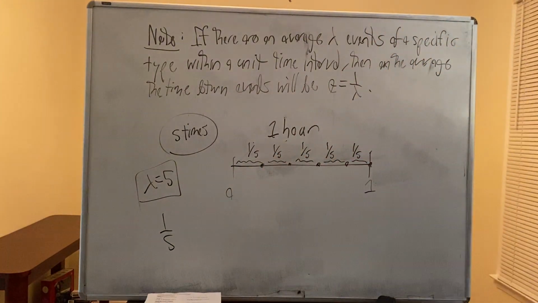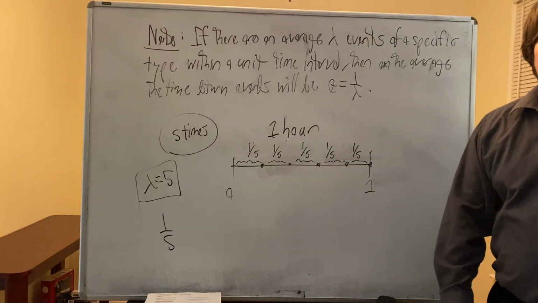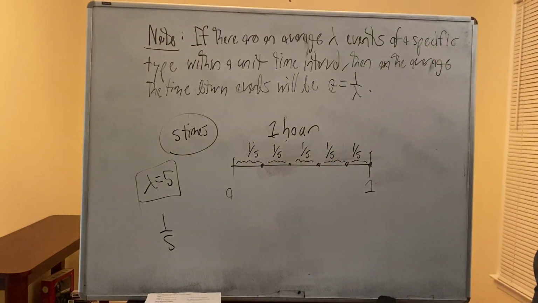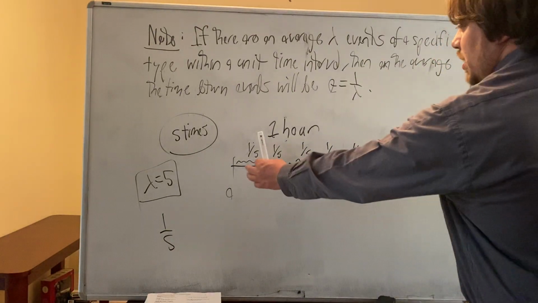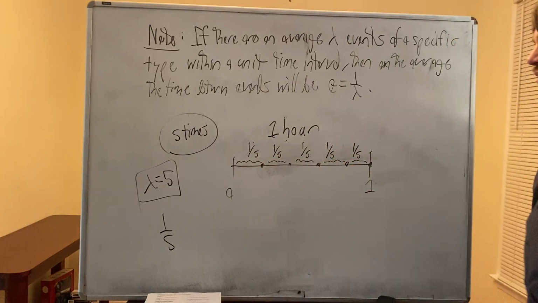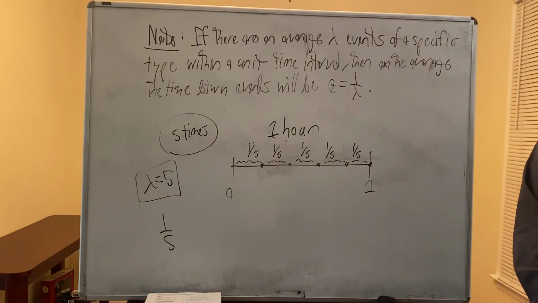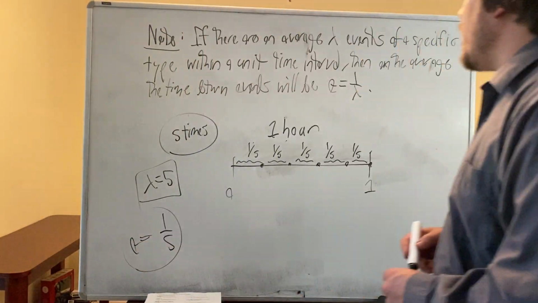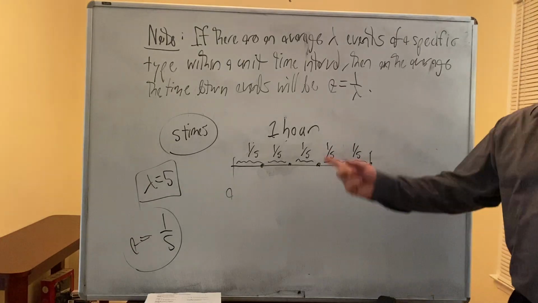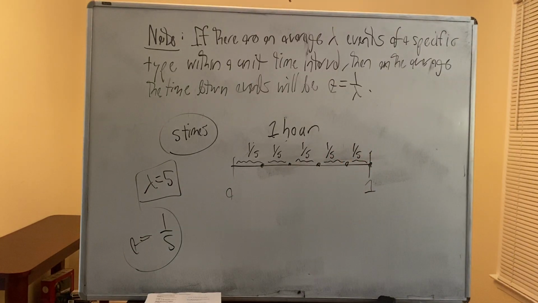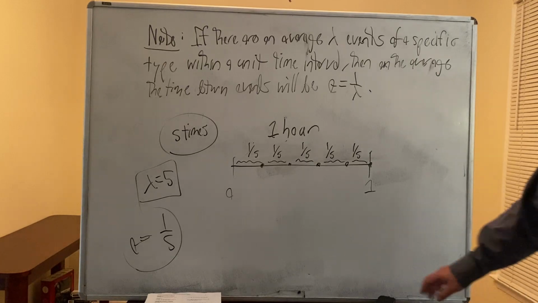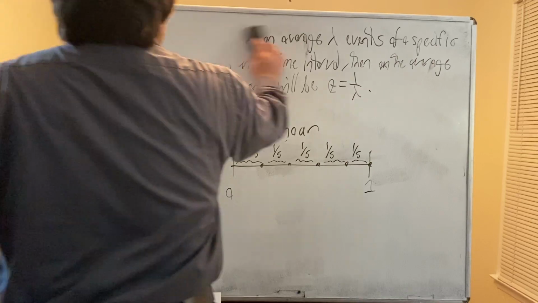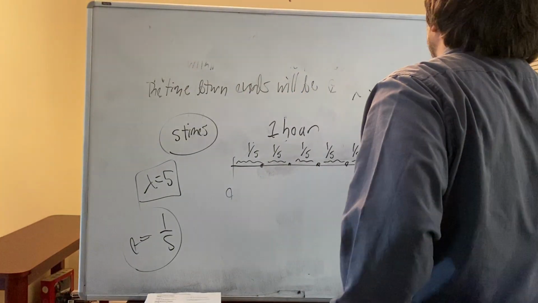Okay, so let's say there's 1/5 of the hour between occurrences, right? So then we're just separating them into fifths there. And that's it. So you just wait 1/5 of an hour in order for the next event to happen on average, okay? So that's why theta is equal to 1/5, and theta is the average time between events, because you're thinking of wait time, and the time you're thinking of the number of occurrences.